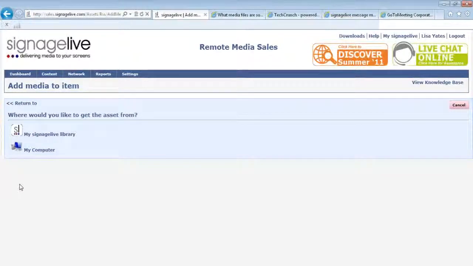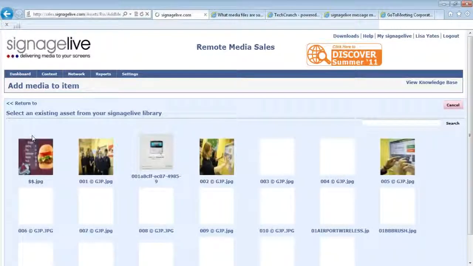So it's now asking us where would we like to get our asset from. So we can either get it from our computer that we're connected to, or we can actually use the Signagelive library. We're going to use the Signagelive library today. So if we hit that,